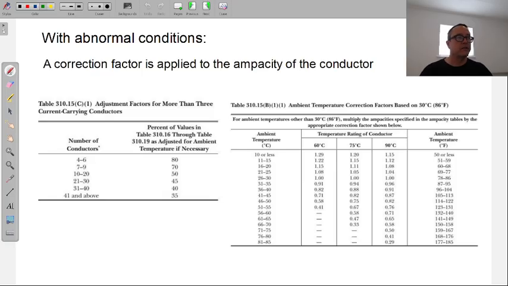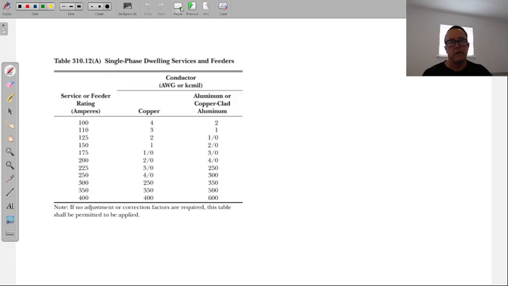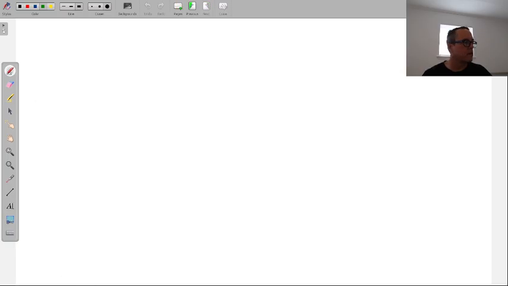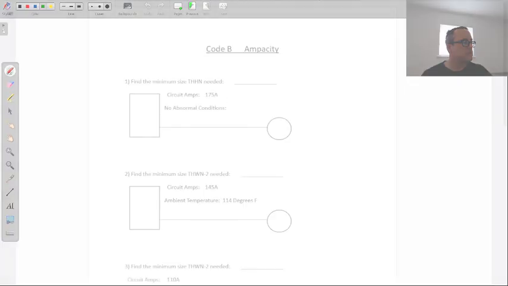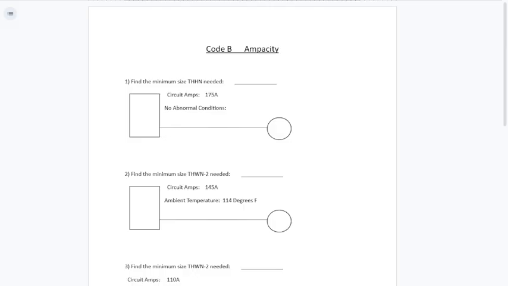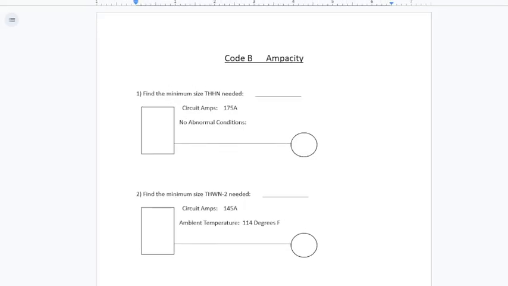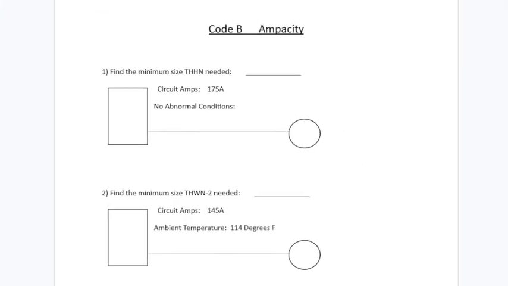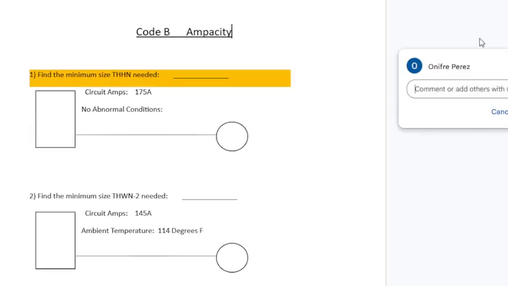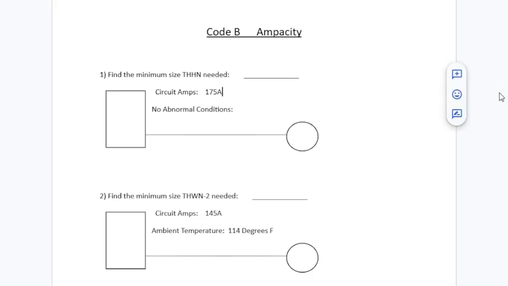All right, so let's do this assignment. Practice assignment essentially, but let's do this one. So let's deal with question 1. Sorry about that. Let me bring it in a little closer so that we can see it a little better. We'll deal with one question at a time, and we'll just walk our way through this. We'll walk our way through it. We'll get the answers, and then we'll keep going. If anybody wants to get ahead, no problem. But we're all going to be on one at a time.